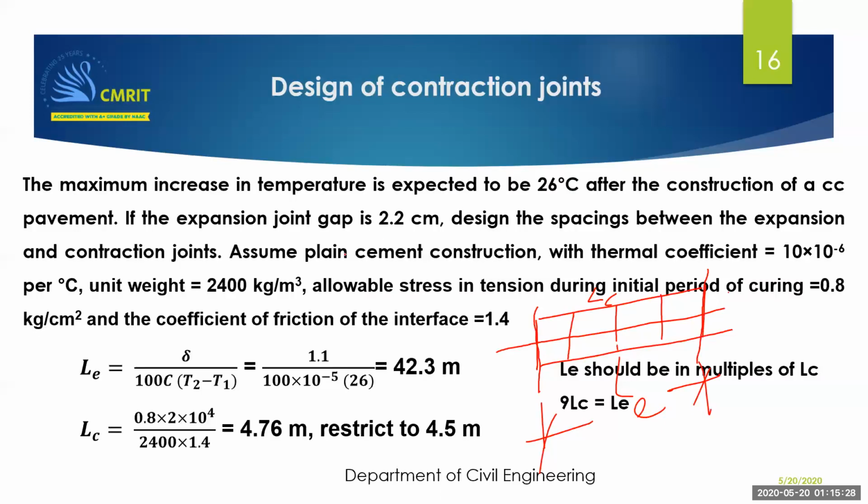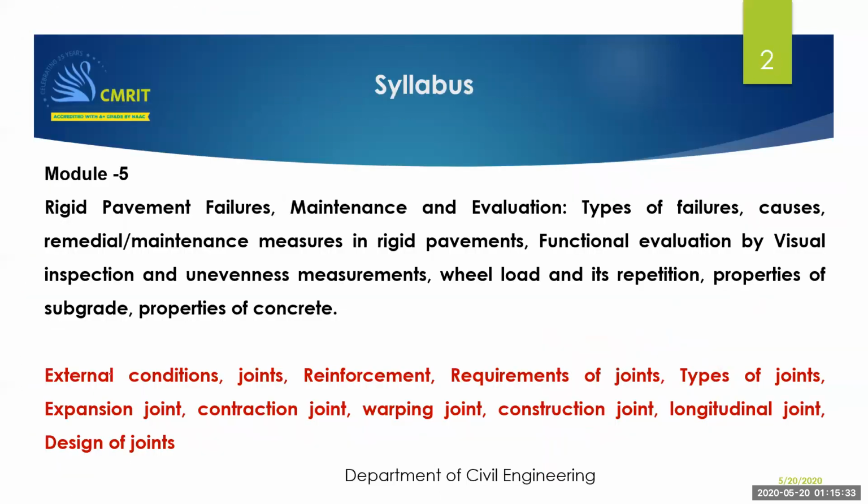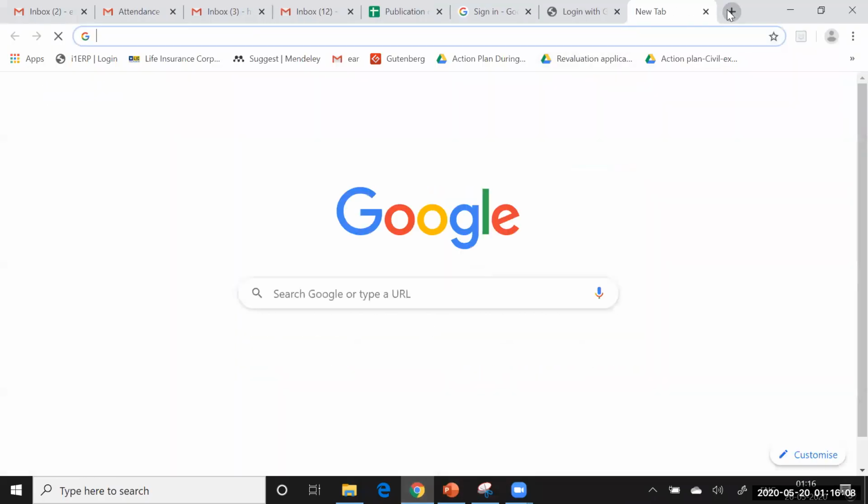This is all that we have for the day, and by this we have almost completed the module. Probably in the next class I'll show you some reinforcement, and I think only that is there. Reinforcement bar is nothing great to study. Normally we provide dowel bars as well as tie bars, but apart from that we sometimes provide a mesh type of reinforcement. We don't provide the reinforcement like in the slabs of buildings, but instead we provide reinforcement in the form of a mesh. I'll just show you the reinforcement also.